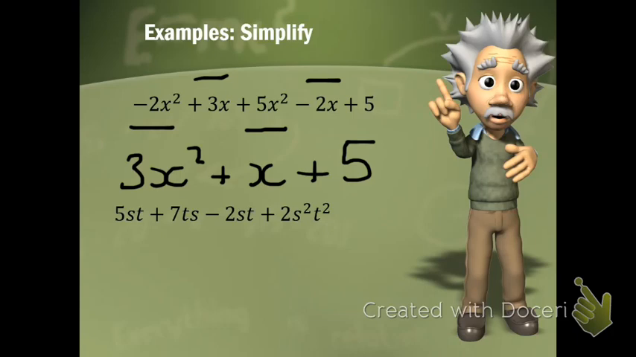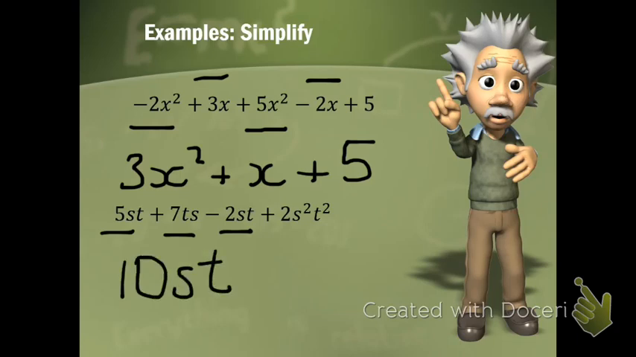Then we look at 2 lots of s squared t squared. Now that is the same as saying 2 lots of s times s times t times t. Definitely not the same as either of the other terms. So our 3 like terms are the first 3 terms. So we have 5st plus 7ts minus 2st. So start with 5st and I'm going to add 7 to it. So I end up with 12st minus 2st will give me